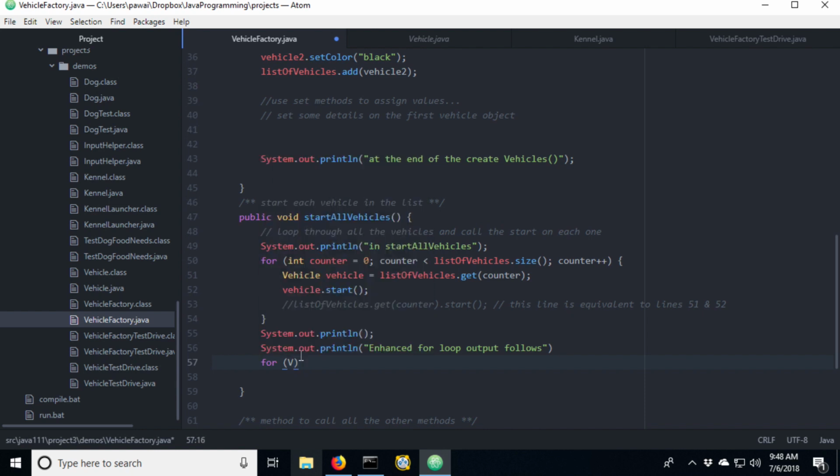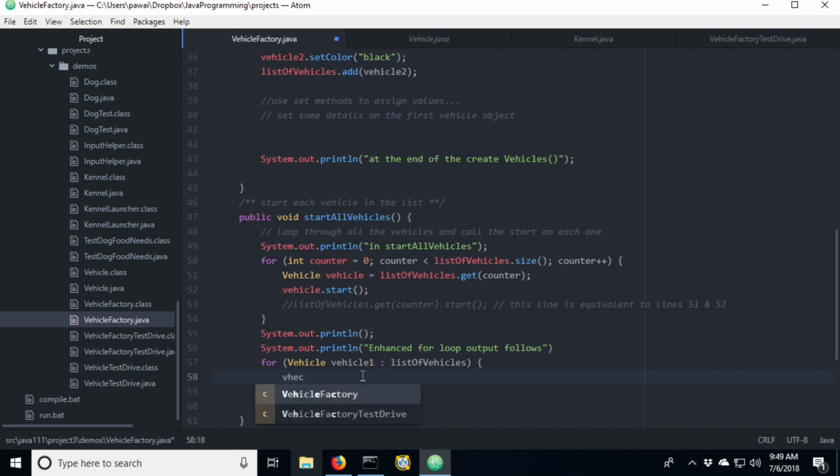I need a way to refer to each of the things that I'm pulling out of my list. The type is going to be vehicle. My object reference variable name, I'm going to name that vehicle1 so that I don't end up with a conflict with my previous variable name. A colon. So for each vehicle in is how I would read this, in my list of vehicles. Every time I loop through, vehicle1 is going to represent the current item in my list. The first time through, you can imagine that that's grabbing the item at index 0, then index 1, and in our case we only have the 2 vehicles.